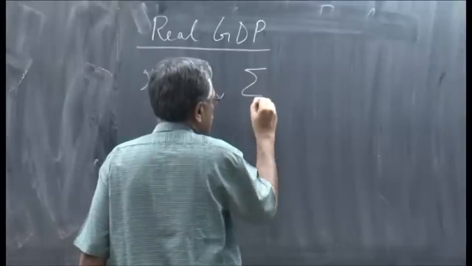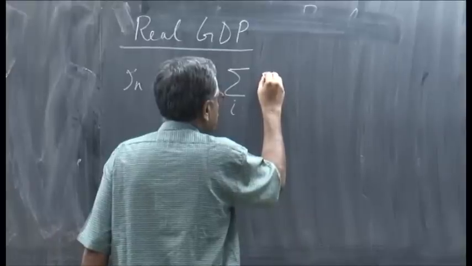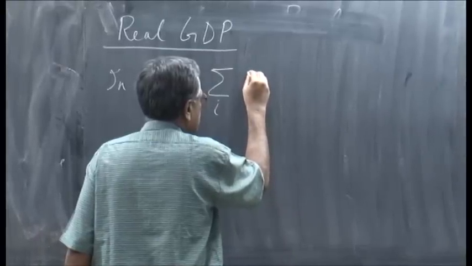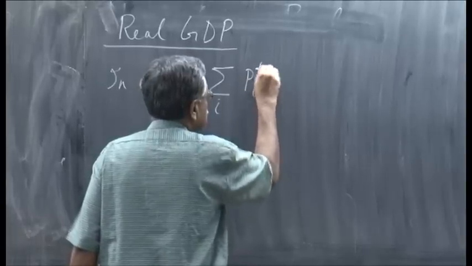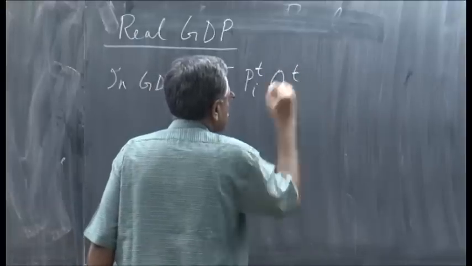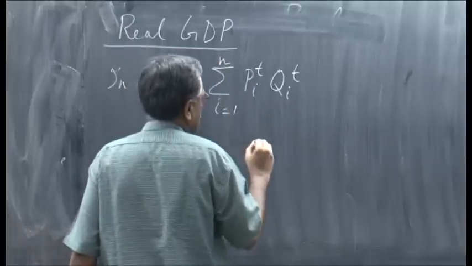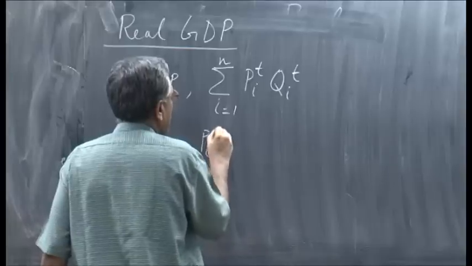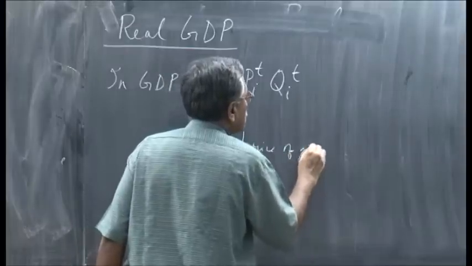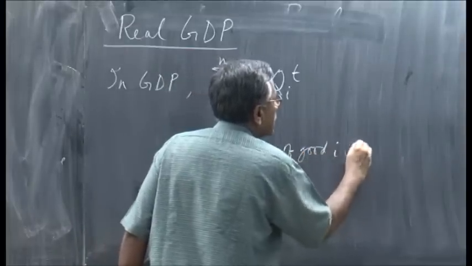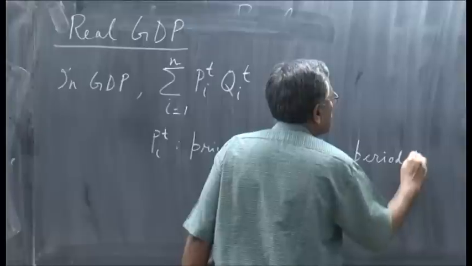You sum up all goods at the current time period like this, where i goes from 1 to n, P_it is price of good i in time period t,